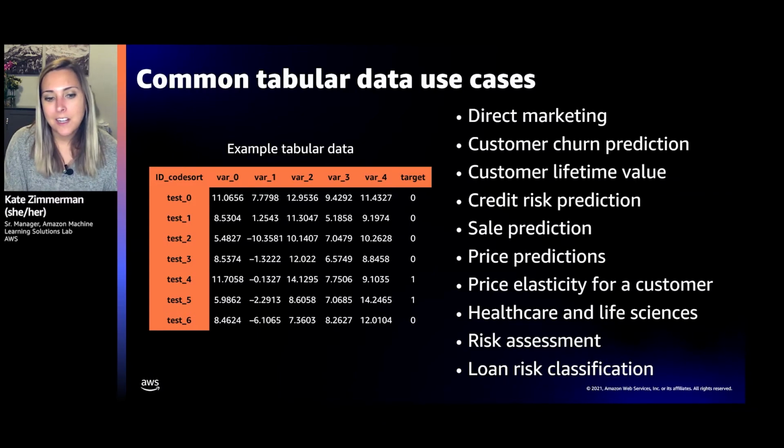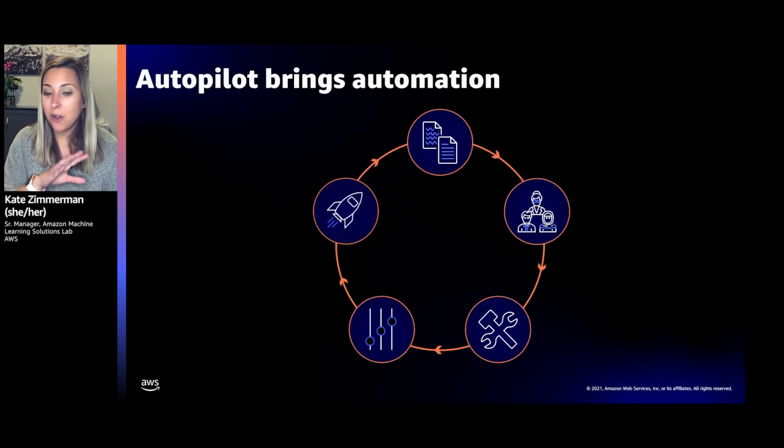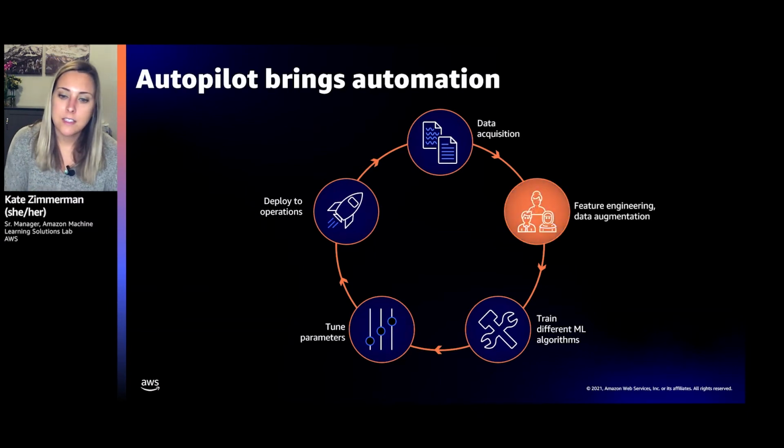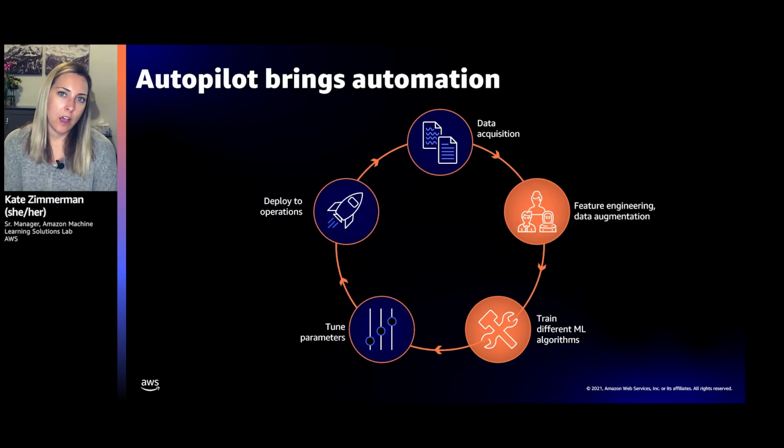But once we have all of our features and we have our target column, again, the previous slide, I said you click a button, you said, run Autopilot. And that's what happens. But under the hood, going back to the flywheel, what Autopilot's doing on your behalf is feature engineering and data augmentation. So Autopilot is trying different feature combinations. It's doing some analysis to see, okay, what values are missing? What are some ways we can augment that or work with that? And then it goes and trains multiple machine learning algorithms.